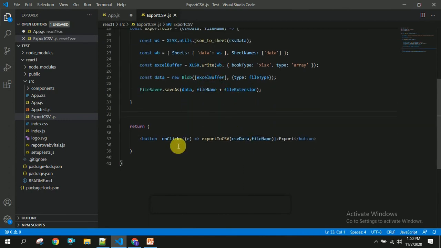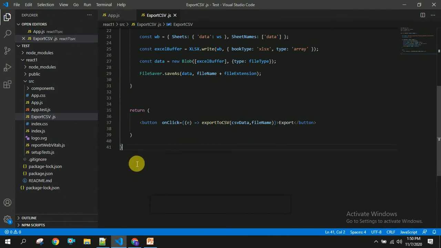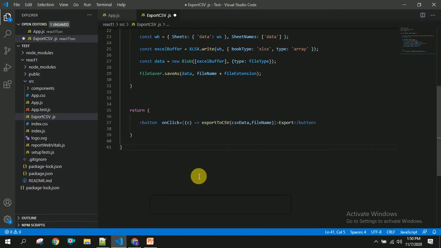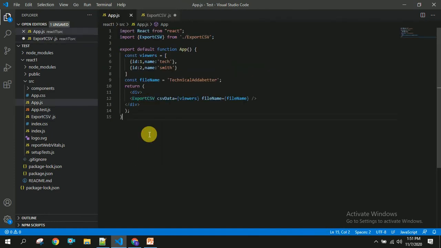So once this is done, you have to run your application by using npm start. So basically you will be getting the button in this app.js. Once we click on this button, you will be exporting the data into Excel file.